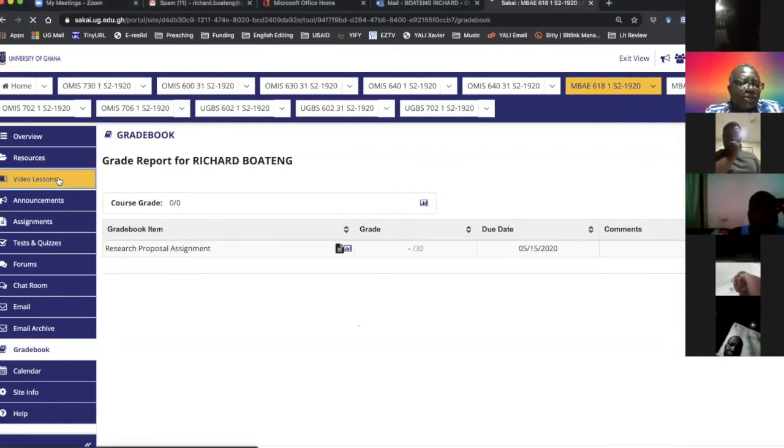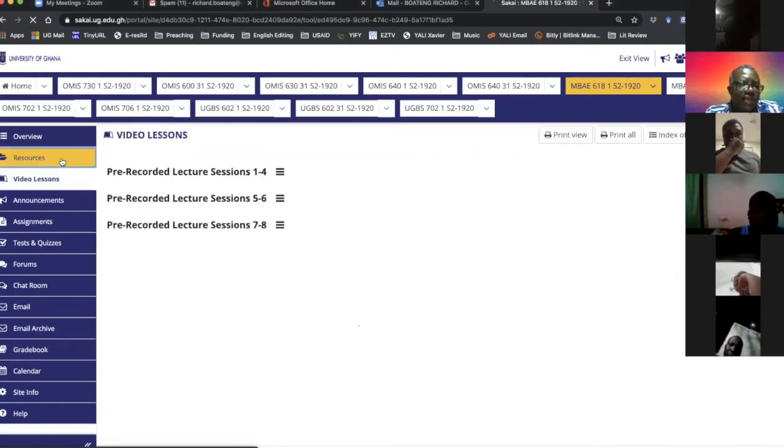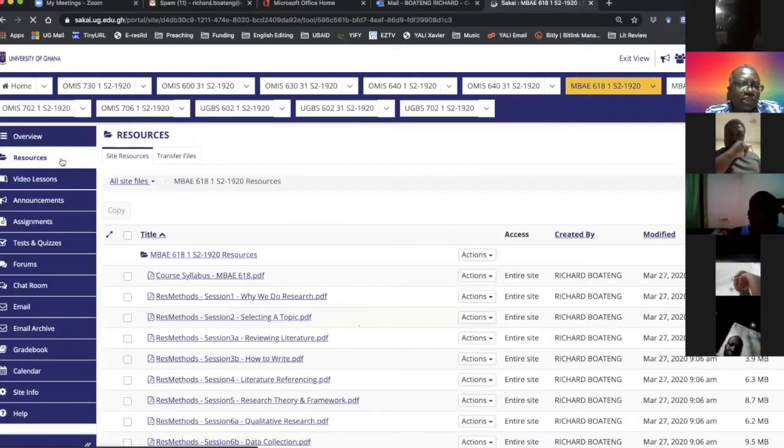Anybody who cannot access Sakai, you are supposed to log on with your index number and your PIN. But if it seems not to be working, it's likely that I've not added you. So you could send me your index number and your personal email address, and then I could check whether you have been added. Some students have been added, but their index numbers are not working, so I'll use their personal email address to create an account for them, and they will receive an email to activate it and add their own password.